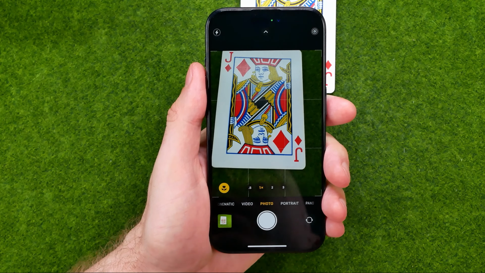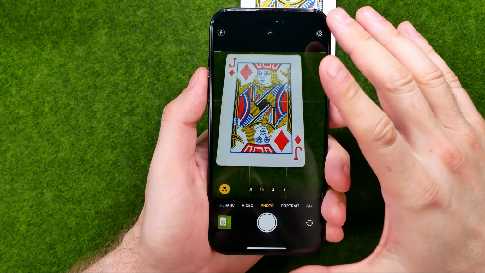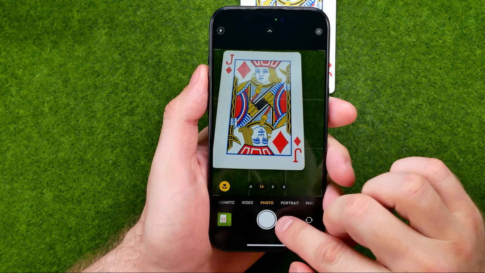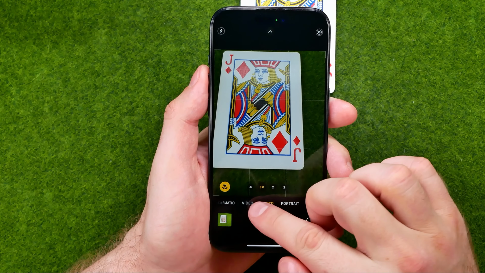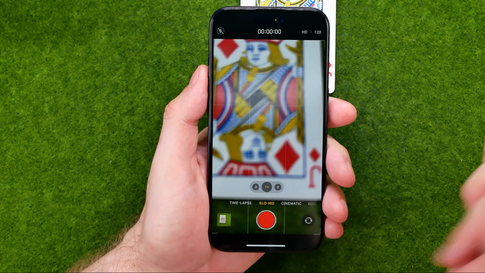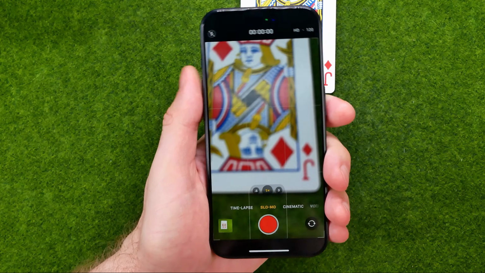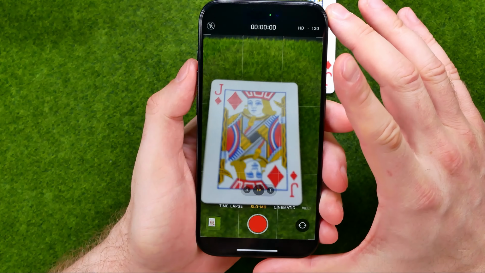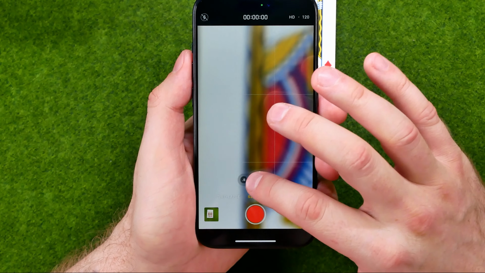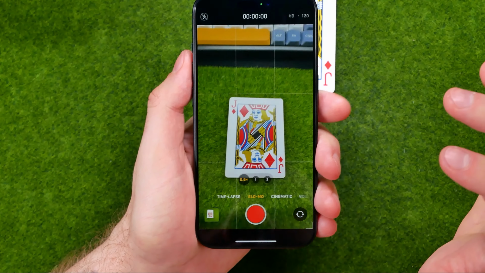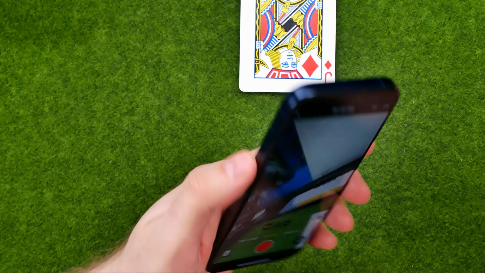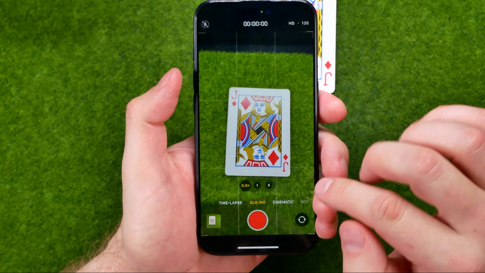And then basically all we have to do in order to switch to Slo-Mo is just find it at that toolbar. It is located at the left position next to time-lapse and cinematic. After that, once you find Slo-Mo mode, you can switch between lenses on your device. iPhone 15 Pro got 3 different lenses here, and we can easily switch between them by